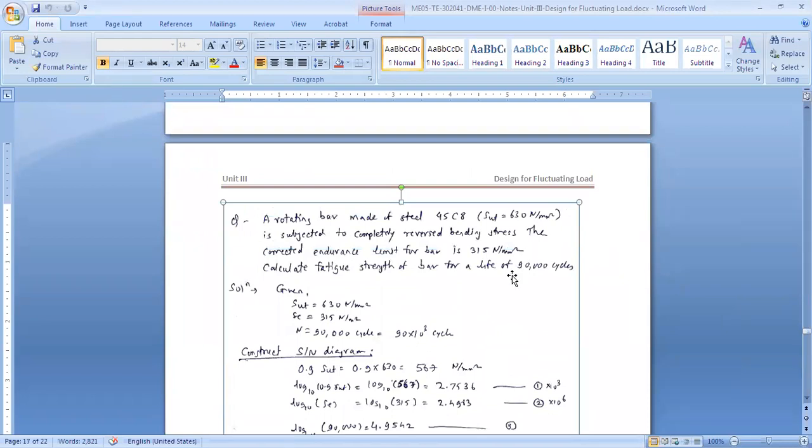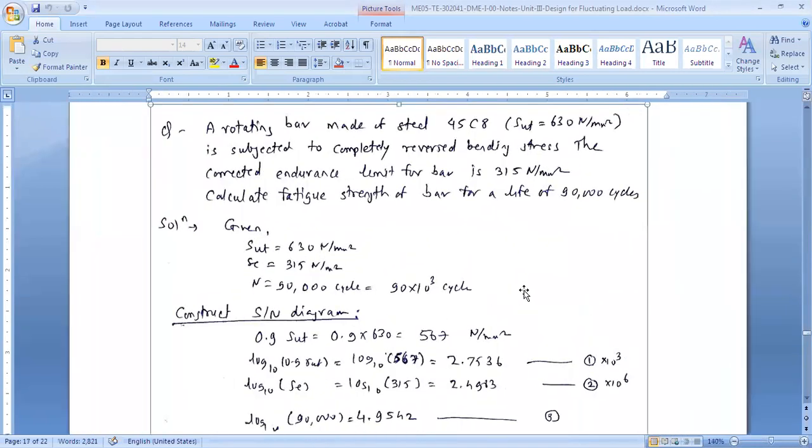So we will take a numerical on that. Now we have seen what is SN curve. I'm not taking the example on the blackboard because I wrote it down on a paper, so that it will be easy to understand. SN curve is a plot of stress against number of cycles. So when we are doing a calculation or design for a limited life, which is finite, not infinite life, then we will use an SN curve. So let's see what is the example.